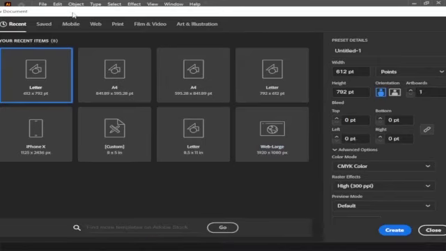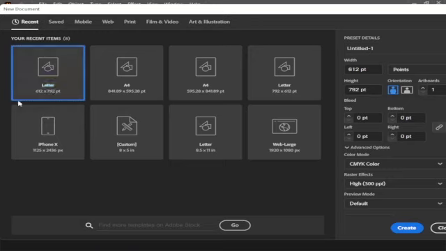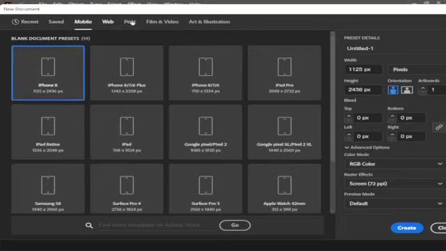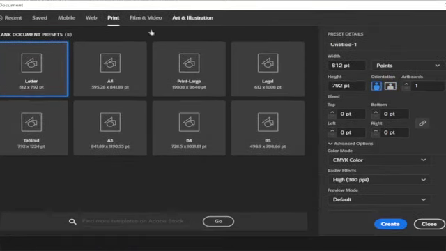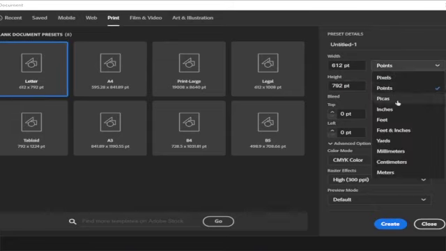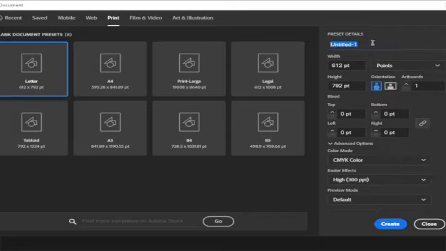It will open a submenu, and there are some recent sizes which I have used, but you can go to mobile, web, and choose what you are designing for. For example, I go for letter size. Here you can see width and here height. Here you can change the units, pixels, points, and so on. First of all, in preset details, here you can give the name. For example, I give the name basic,